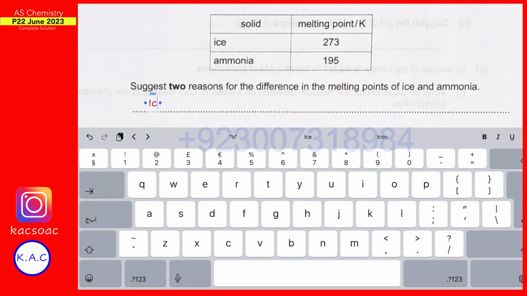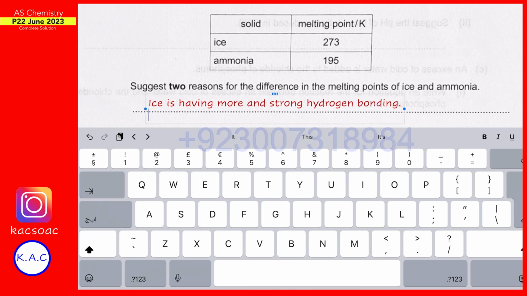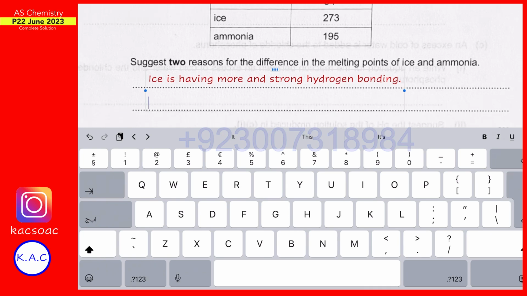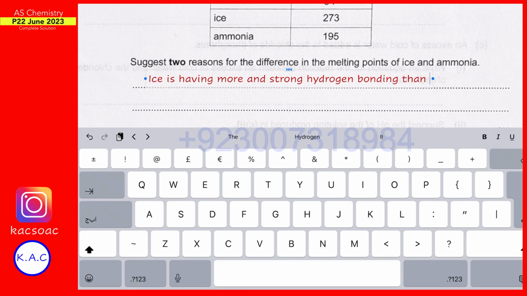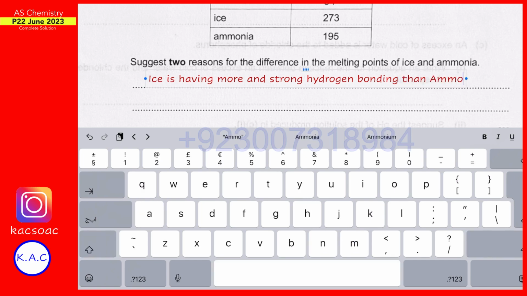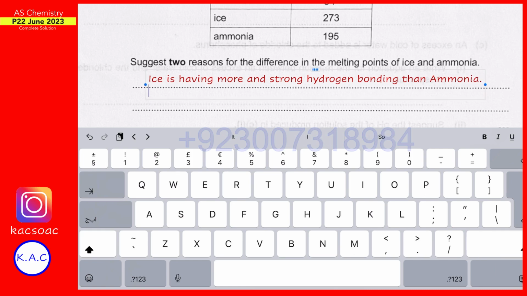Number one, ice has more and stronger hydrogen bonding than ammonia. The basic reason is: